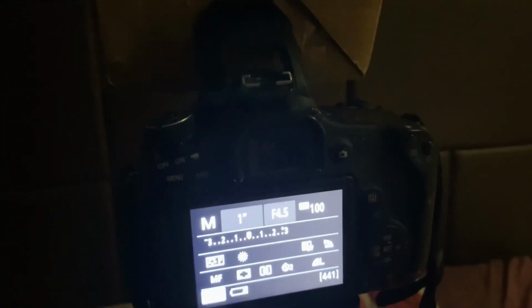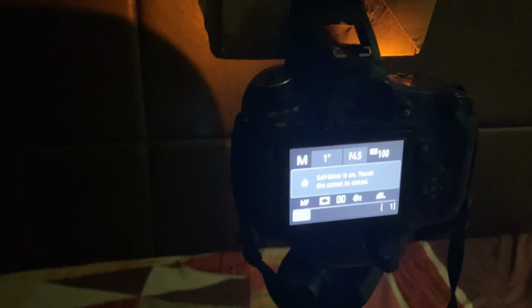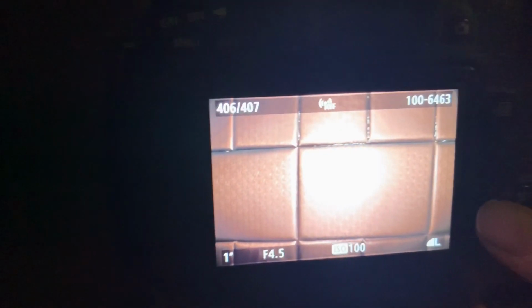That's the flash power. Now let me put my jugaadu softbox on and show you the example. Here it is. Yeah, picture is on. So this is the second picture. You can see how in the first picture the flash has too much power.